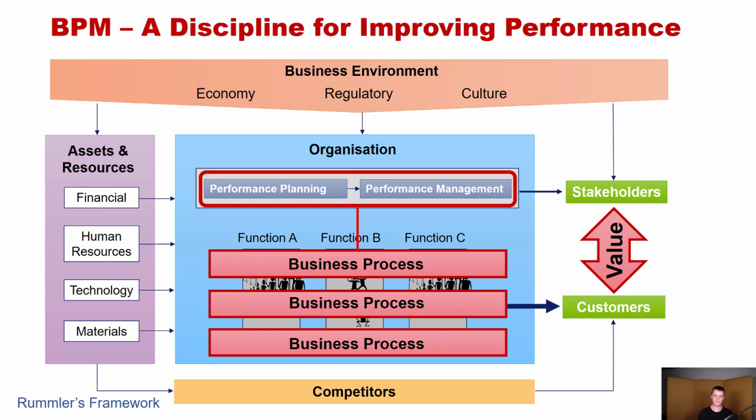So this is something that you have to take into account when working with business processes and when trying to manage them and optimize them. Another part, of course, is competitors, because your competitors might offer the same services that you do, and they might be competing for the same customers. However, if they manage to offer the same service, for example, in a cheaper way, then your customers are going to move to your competitors, you will lose revenue, and ultimately your company might again be forced to shut down. Now, this is something that we obviously want to avoid.